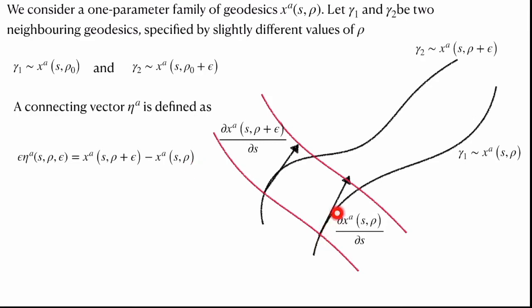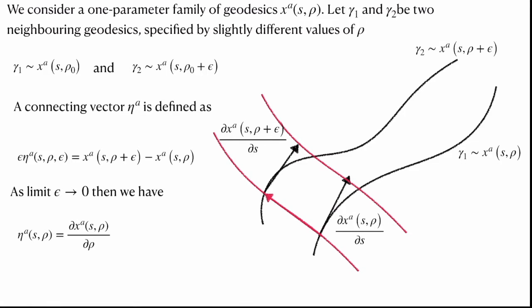That means you take one point and take the neighboring point and then subtract the coordinates of these two, and that you would get epsilon times eta a. Now we can take the limit epsilon going to 0, then we get eta a is equal to dx a by d rho. That is differentiating along the parameter rho, and that is what we call the connecting vector between